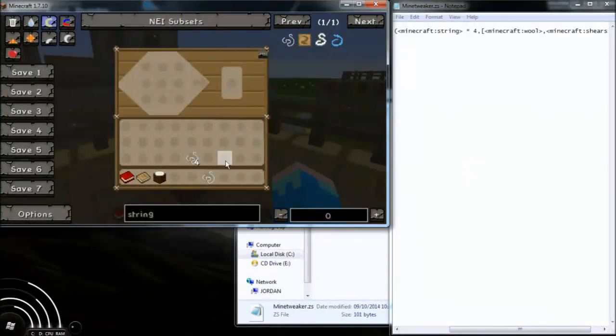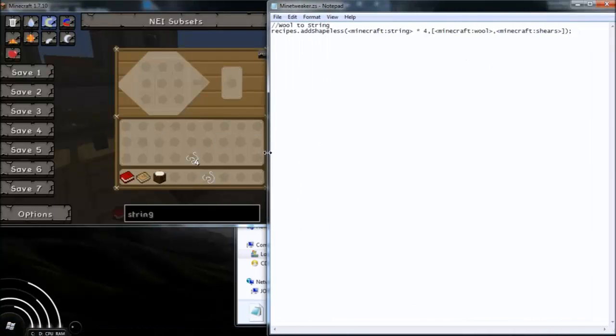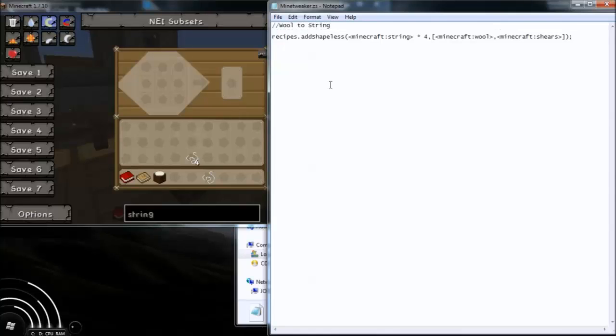And I'm back. So I found what I need, and what we're going to do is, you may notice that if we look in here, I'm going to make this a bit wider so you can see the whole thing. This will be a little bit annoying. So we are actually going to do a little change. Now, you don't have to do this, you can write it out like this if you want. But I'm going to do this. If we go val, so value, we're going to say string, and we're going to put a space and an equals, val string equals, and then in your angle brackets, I don't know what you'd call them, you put in Minecraft string, and then